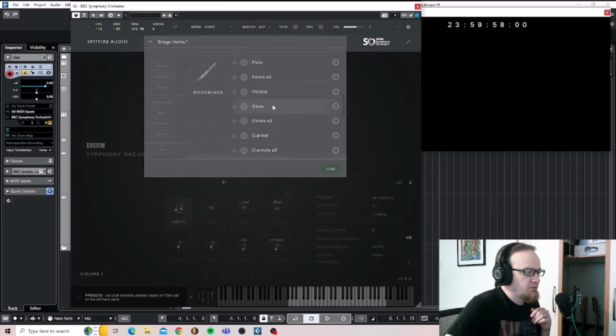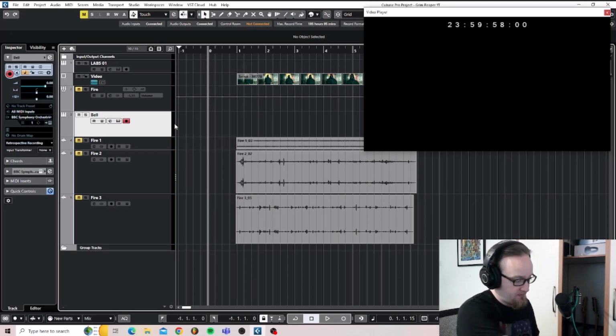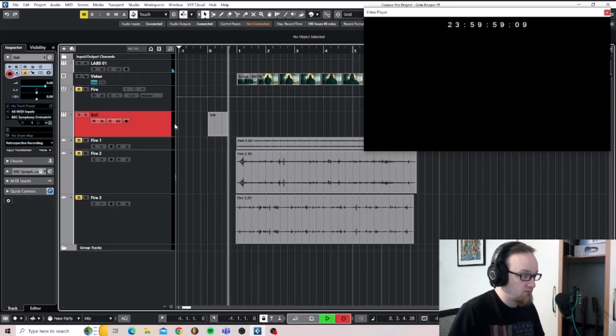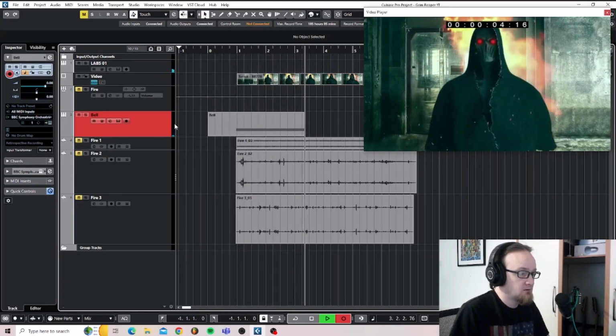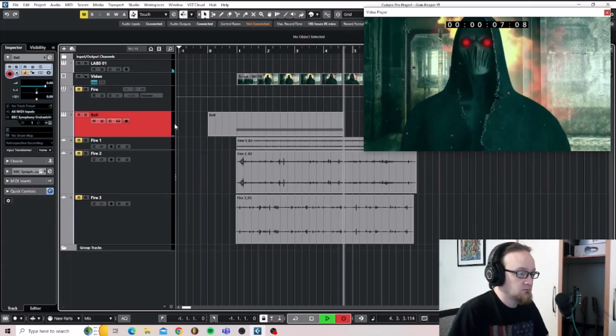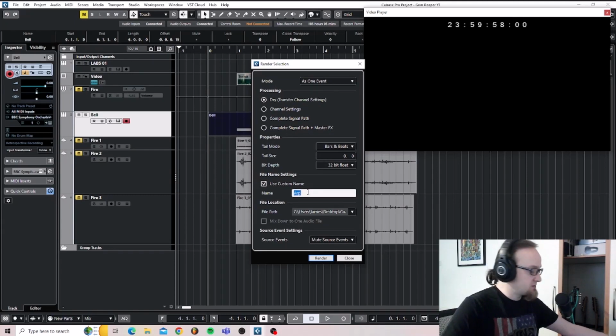Right, so I'm going to go down to the tubular bells, and the lowest note that I've got is a D, but I want it to be a lot lower than that. So what I'm going to do is just record in just one note, just let it drag on. That'll do it. Quantize it, and then I'm going to render it as audio. Okay, I'll just call that bell